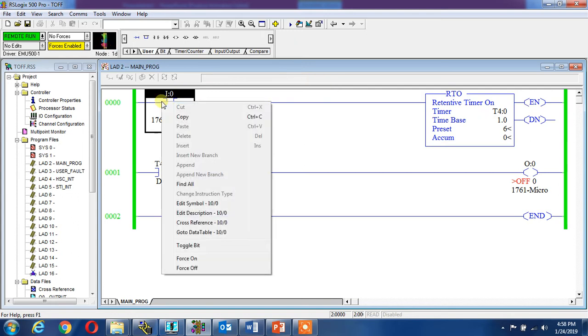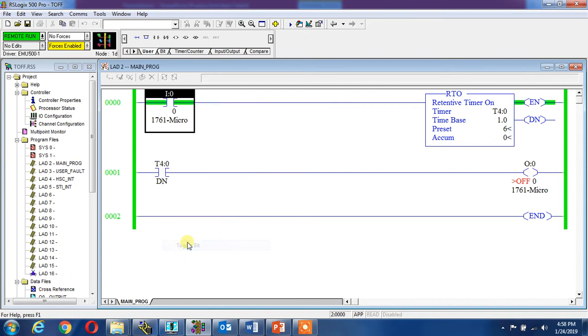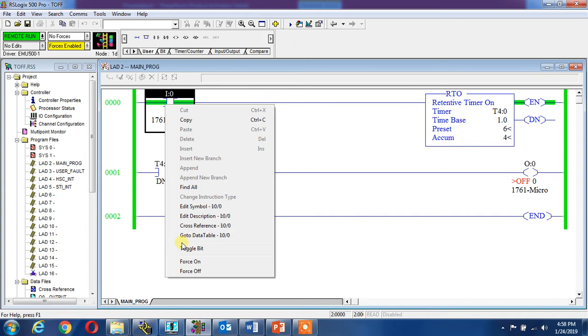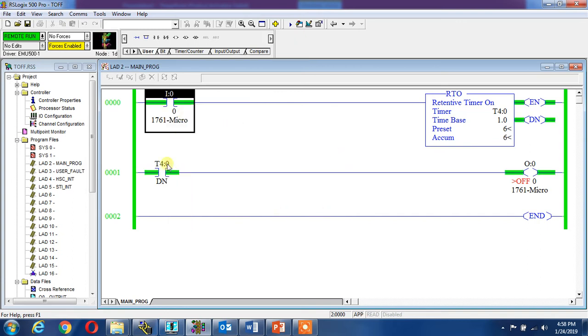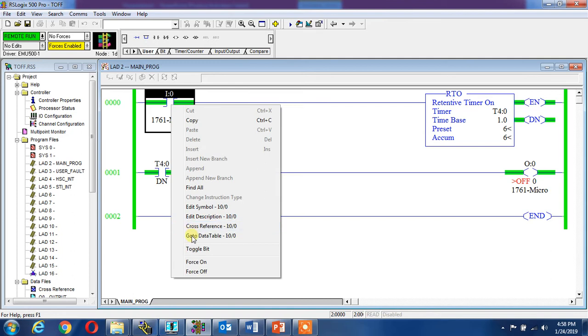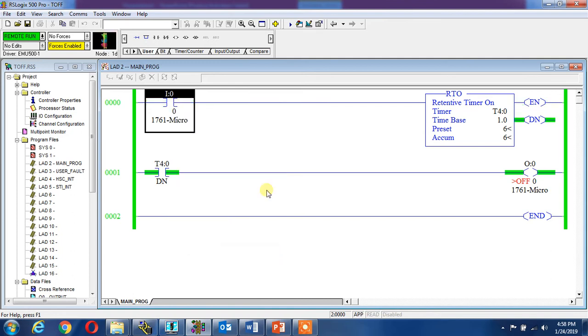Let's see, if I toggle my bit, I can toggle it again. Let's say after 6 seconds the done bit will be closed, output will be high. Now I can switch off my input, the timer remains at this state of the 6 seconds and the done bit is high, output is high.